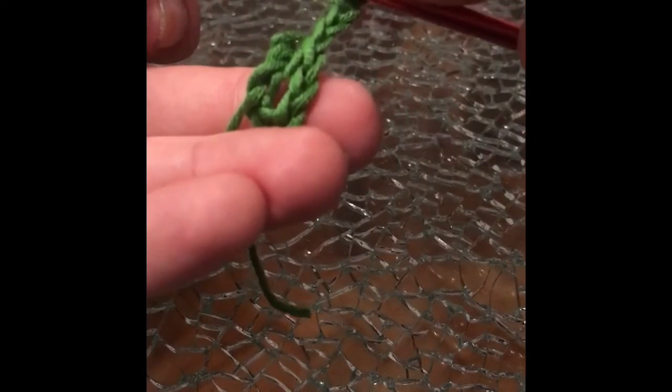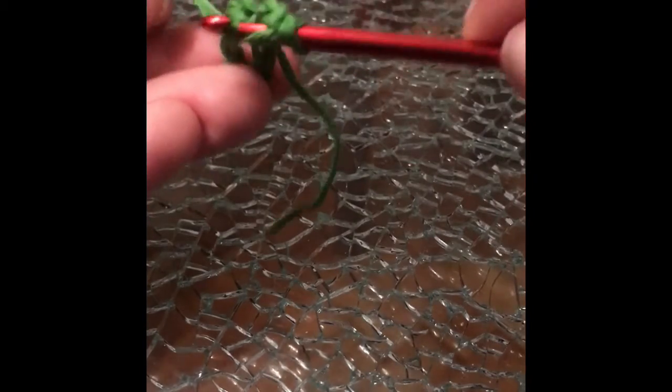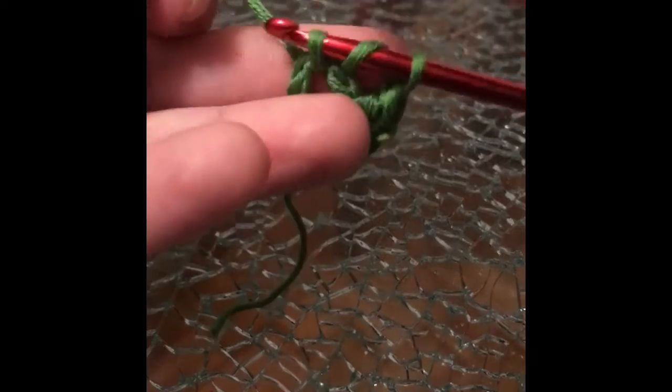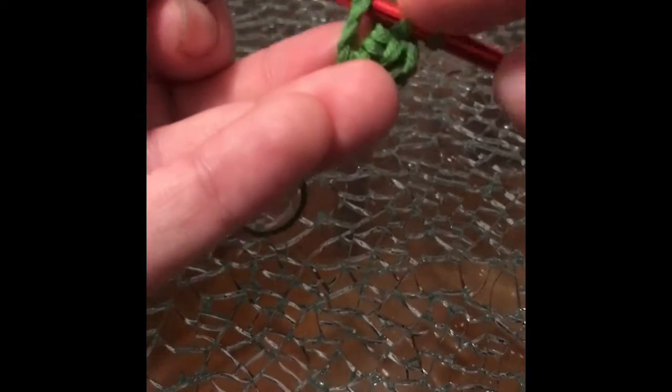So double crochets now into the center of the ring, yarn over and through, pull up your loop, yarn over, pull through 2, yarn over, pull through 2, and then chain. Again, yarn over through the middle of the ring, bring up your loop, yarn over, pull through 2, yarn over, pull through 2, followed by your chain. Again, yarn over through the center of the ring, pull up your loop, yarn over, pull through 2, yarn over, pull through 2,